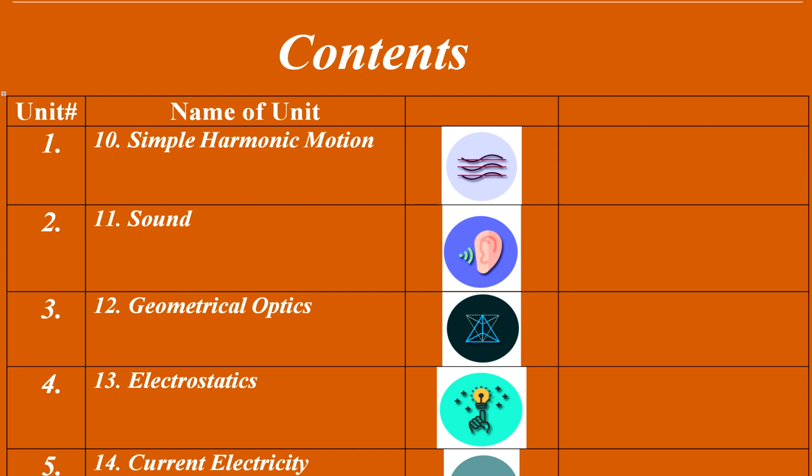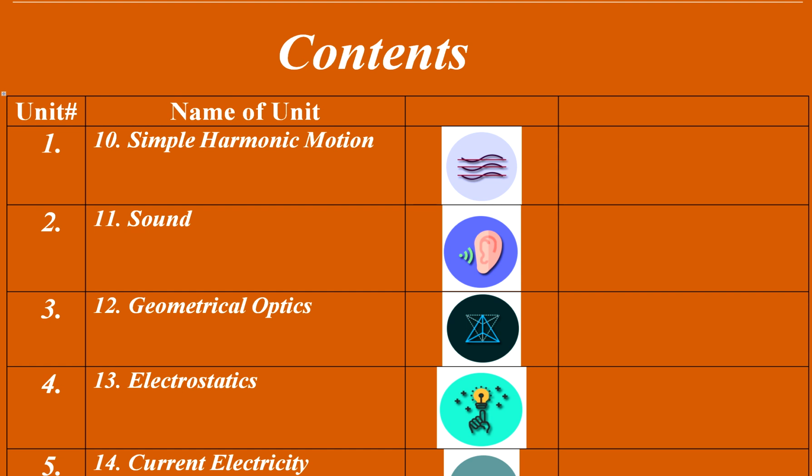If we move to the second unit, that is sound. So sound is not just how we produce sound, but the applications of sound as well in medical purposes and engineering. So sound is a very important unit as well. Next, 3rd chapter, which as per book is the 12th chapter, is called geometrical optics. Geometrical optics will involve angles and geometry, and we will explain optics means the study of instruments based on light, like prism, microscope, telescope, and instruments like this.